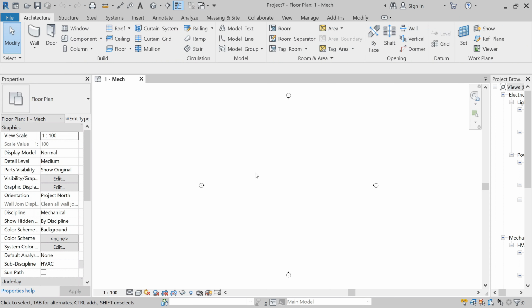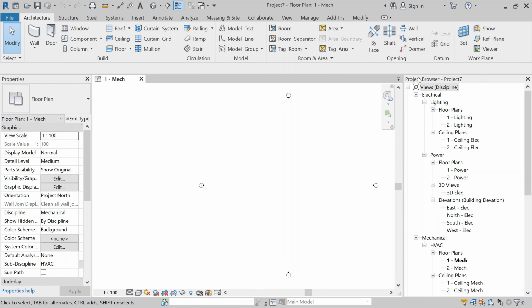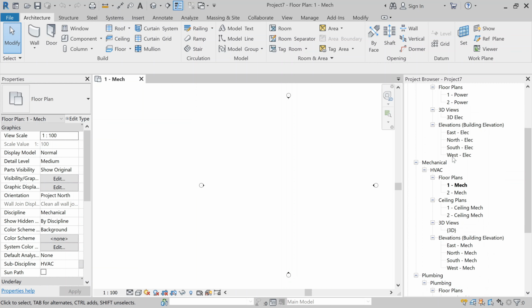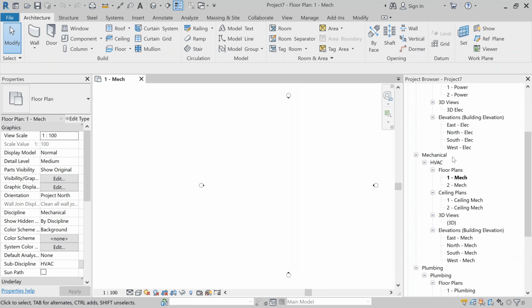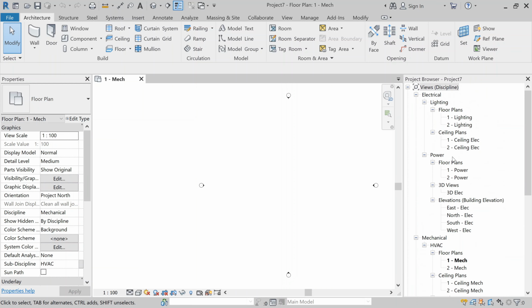After opening the new project or the template file, you will see in the project browser we have views and disciplines. So all the views in this particular template are organized according to their disciplines. This is the general practice.